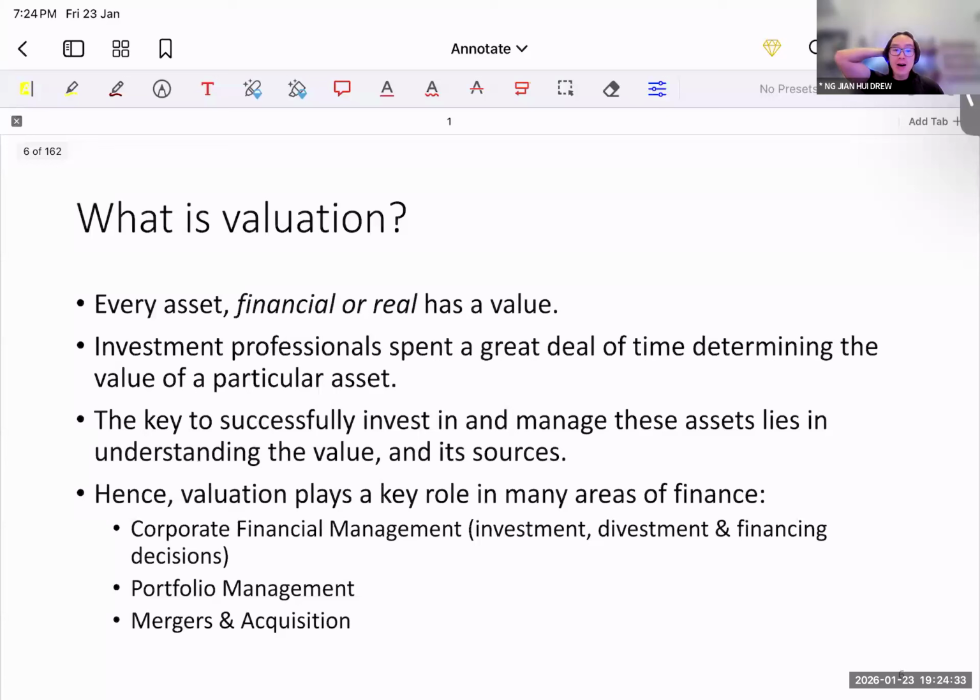Okay, so let's jump into valuation. So we're going to the module proper. How I usually like to structure the lesson is that for things that are a bit more general, things that you can just read through yourself, I typically go a bit faster. On the key important theories or concepts that you need to know, I will try to spend a bit more time. If I go faster in certain areas, do know that they are less important, or basically they're just more descriptive slides, so not really key slides.